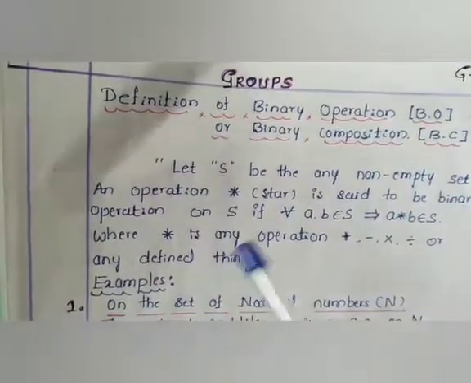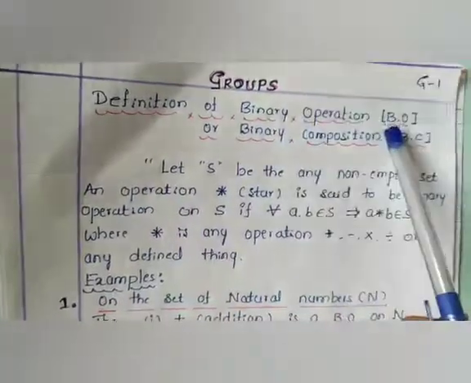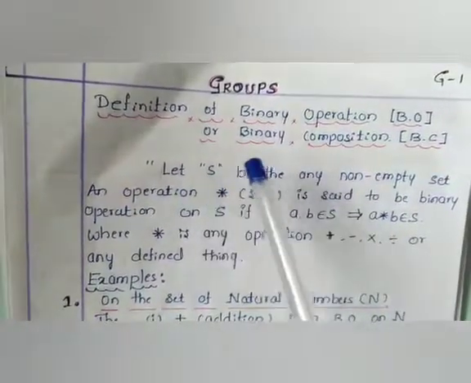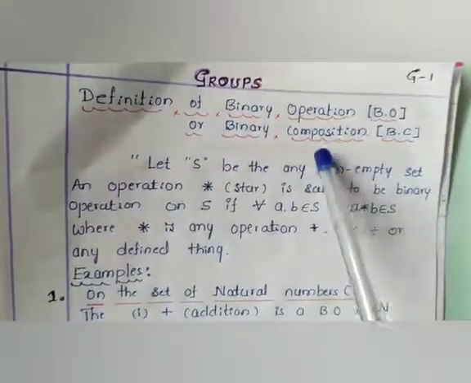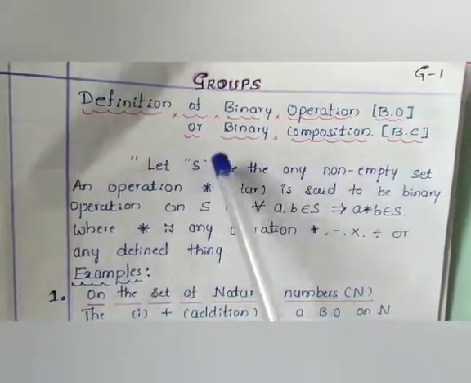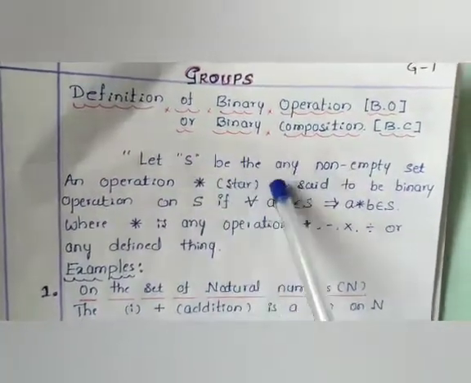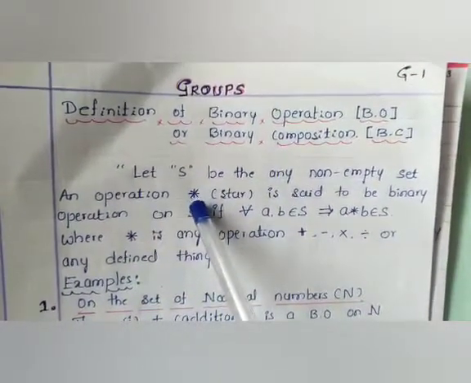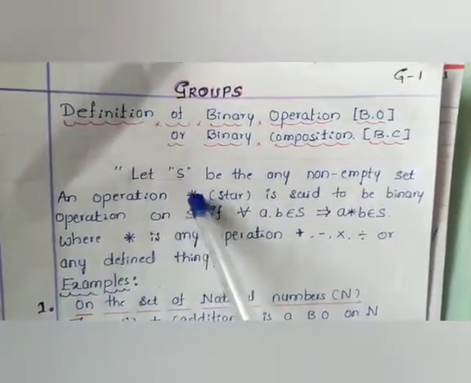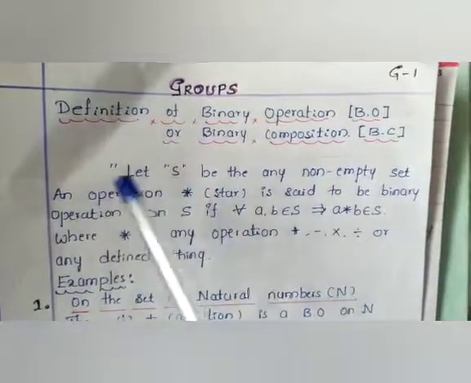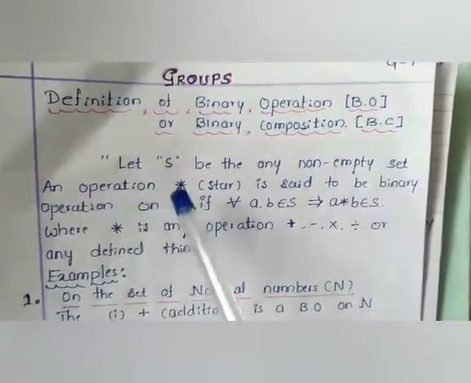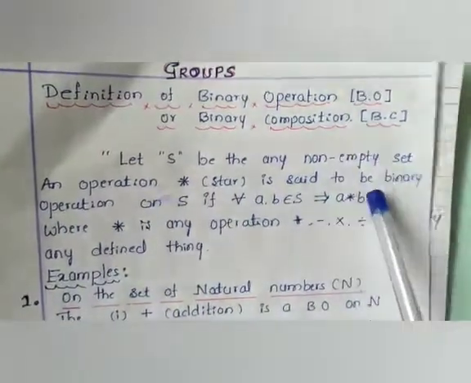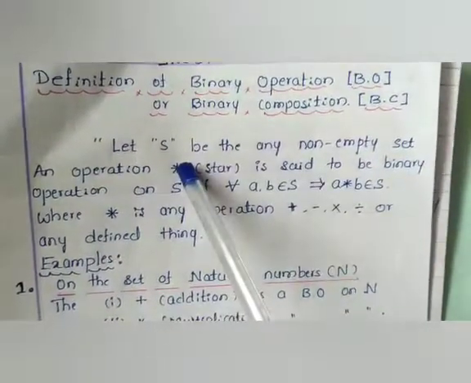Okay, now to come to the definition of a binary operation. Let S be any non-empty set. Non-empty set means S consists of some elements. An operation, a new operation, we write by means of the symbol star. An operation star is said to be a binary operation on S